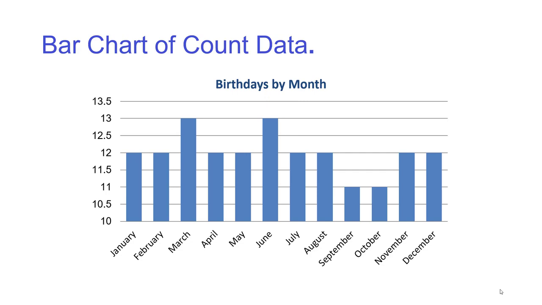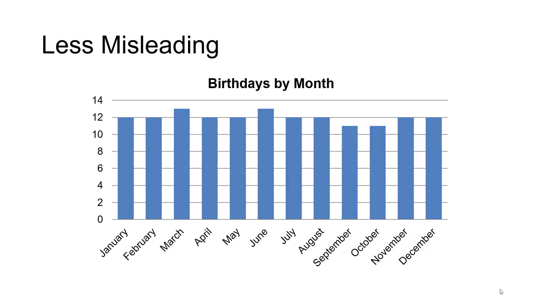the thing that's happened here is I've truncated the y-axis. It goes from 10 to 13. This is what the data actually looks like if I put the 0 on it. It's flat, it's pretty much uniform, and there's a very, very tiny bit of variation, which just happens based on pure chance. So when you're looking at bar charts, it's really important that you don't